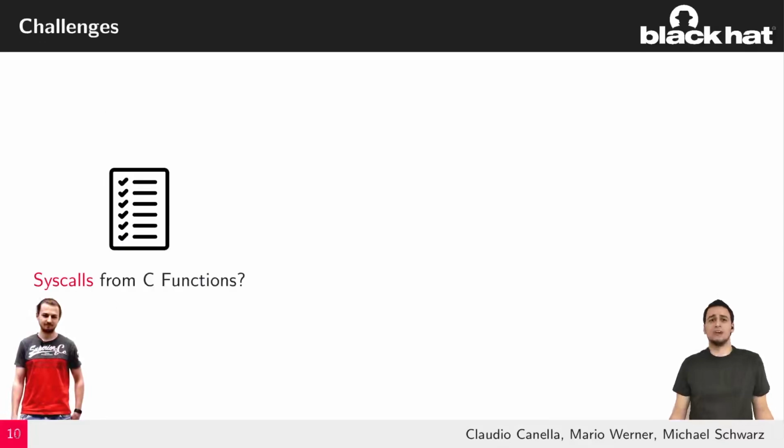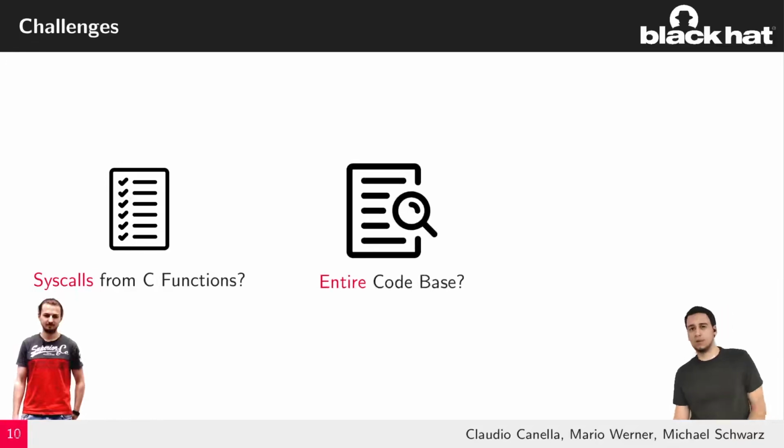But how would I know that as a simple developer? So I have C functions. How can I map them to the syscalls that they actually use? And I would have to do that for the entire code base. So again, for Hello World, that's fine. But if I have a large application with thousands of lines of code and multiple files, doing that for all